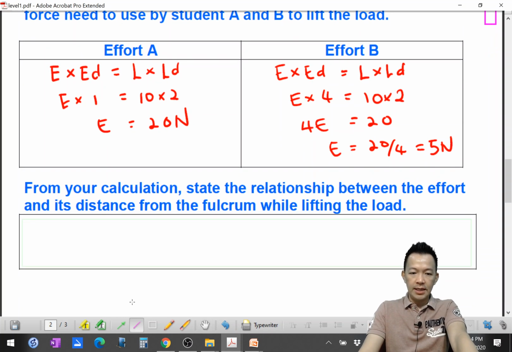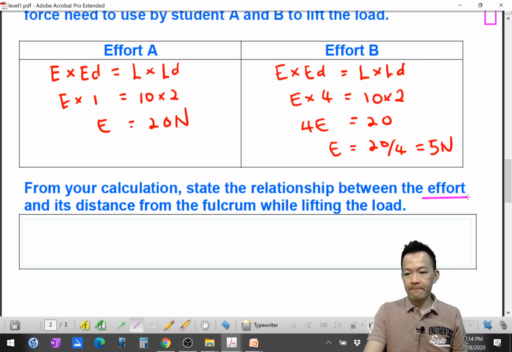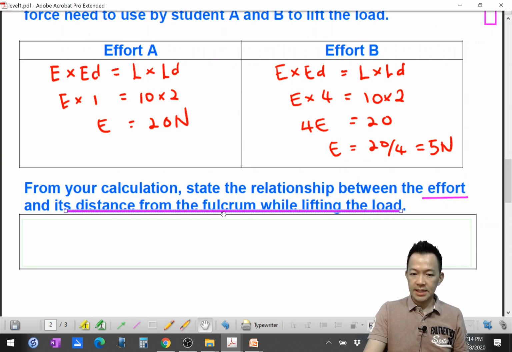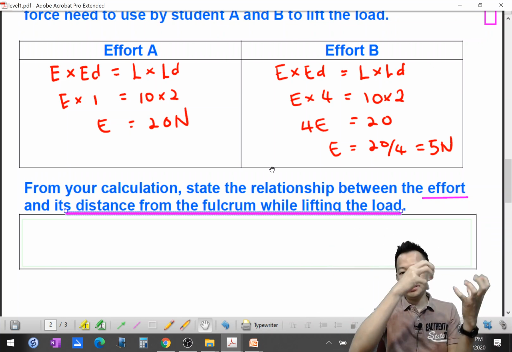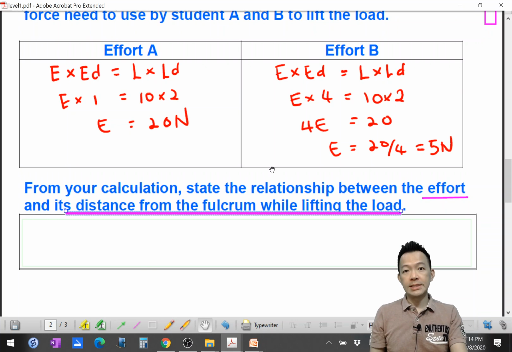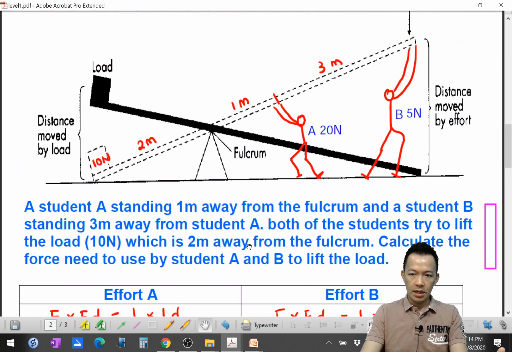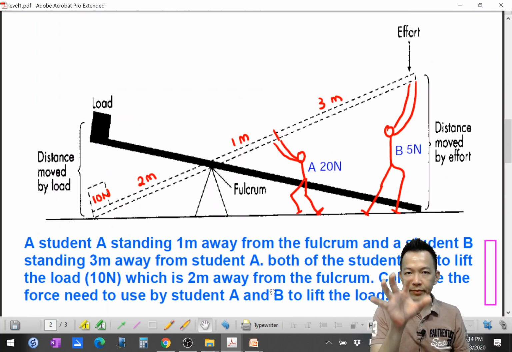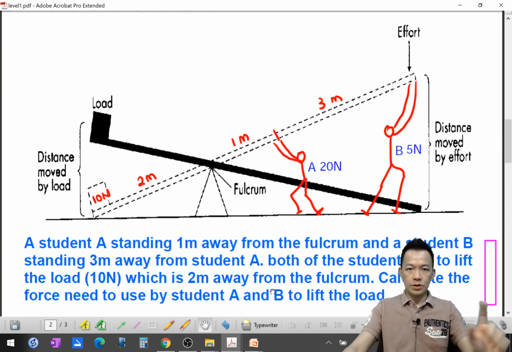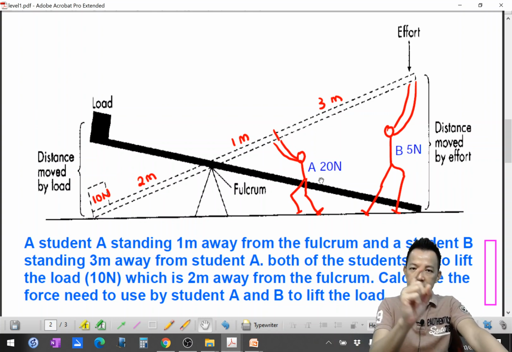This one you have to understand, it's difficult. From the calculation just now, what did you find? First class lever actually